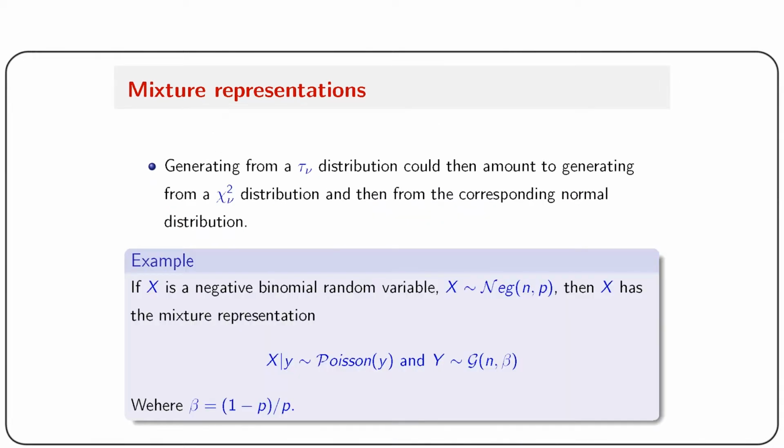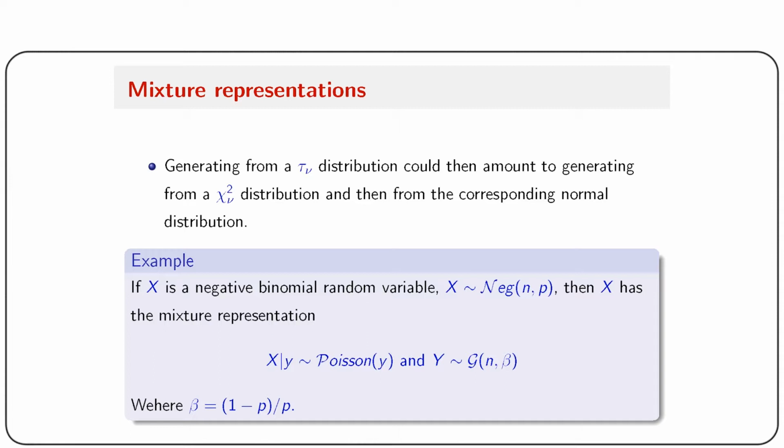So generating from a t distribution could then amount to generating from a chi-square with v degrees of freedom, and then from a corresponding normal distribution. We can take another example. Suppose x is a negative binomial random variable, then x has the mixture representation,